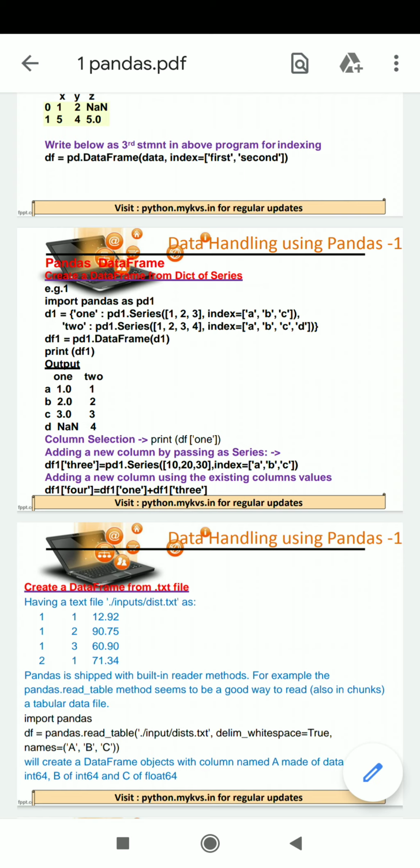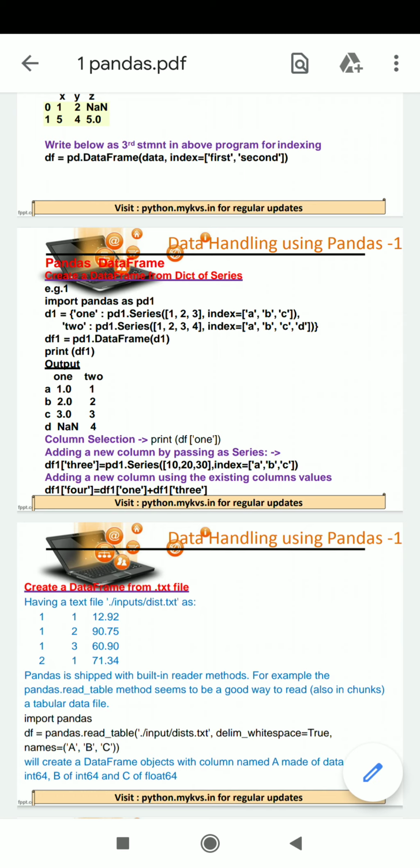Here students, you will be finding that D1 is a dictionary of series. A dictionary always contains keys.